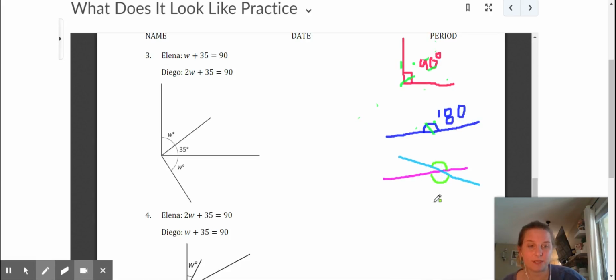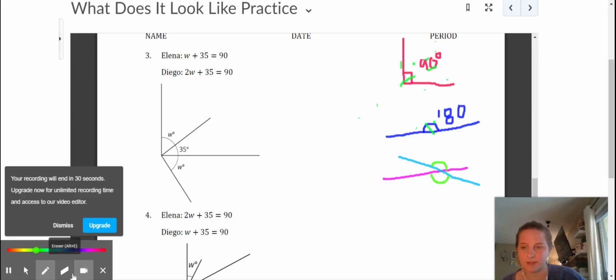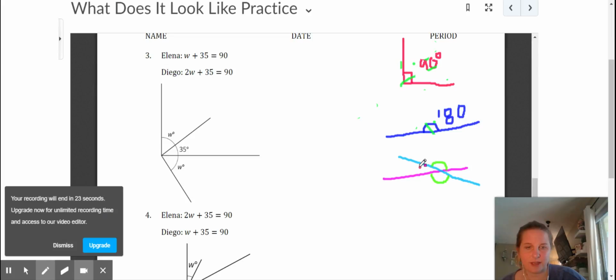They're across from each other, so they are going to be equal. We call those vertical angles. So if this was a 25-degree angle, you would know that this is a 25-degree angle. That would also tell you how big this is. So you know that this whole line right here, this purple line, has to be